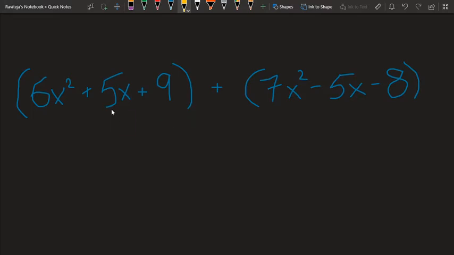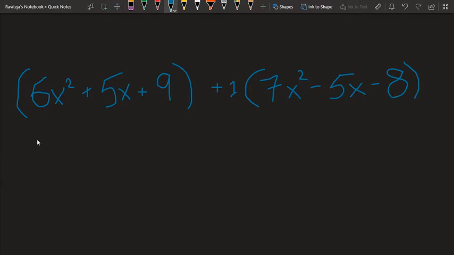Now, when adding polynomials or subtracting them, a good thing to start is by looking at the sign in the middle. We can see that the sign in the middle is an addition sign, which means we're going to be adding these polynomials. Now later on, you'll learn that it's just easier to remove the parentheses when there's an addition sign in the middle and just add the polynomials and simplify. But just for practice and to understand later on when we subtract polynomials, what I want you to do is pretend like there's a positive 1, like this, there's a 1 right here. And I want you to distribute this 1 to all three of these terms, to the 7x squared, minus 5x,